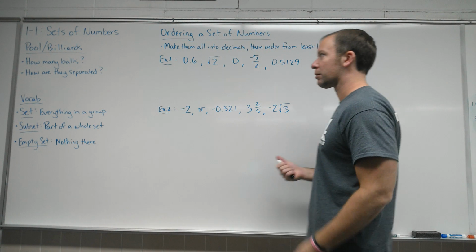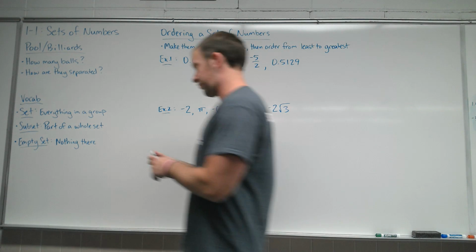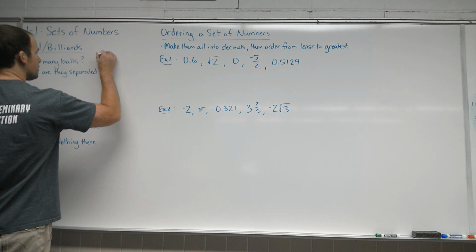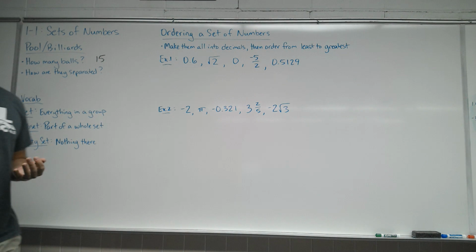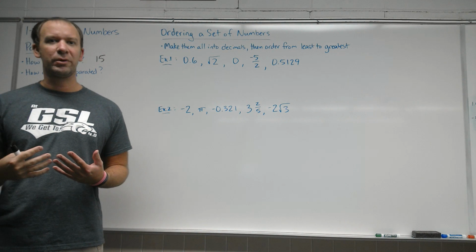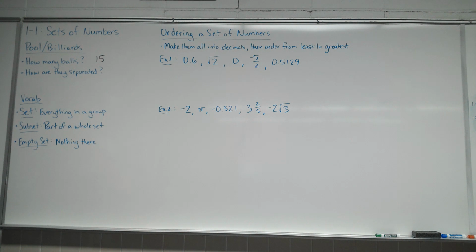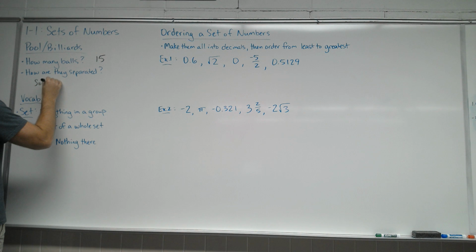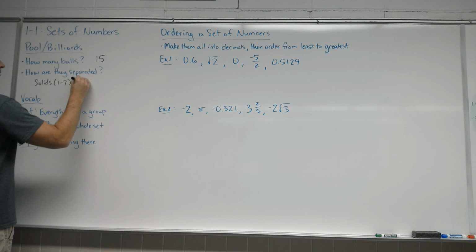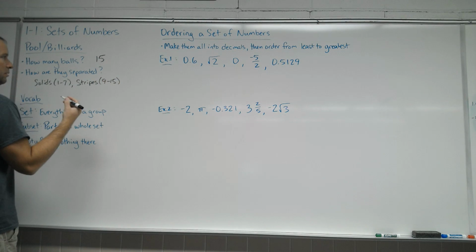I'm going to steal that pool or billiards example. If you've ever played the game of pool before, you should hopefully know that there's 15 balls in a set of pool balls. And how are they labeled? They're labeled with numbers, 1 through 15. The thing that separates them in the game that we commonly play is solids and stripes. So they're separated by their colors, by their patterns. In a game of solids and stripes, you have the solids, which are numbers 1 through 7. You have the stripes, which are numbers 9 through 15. And then you have